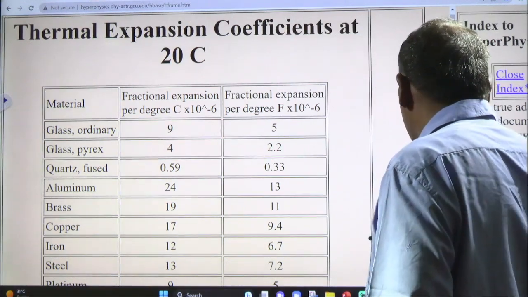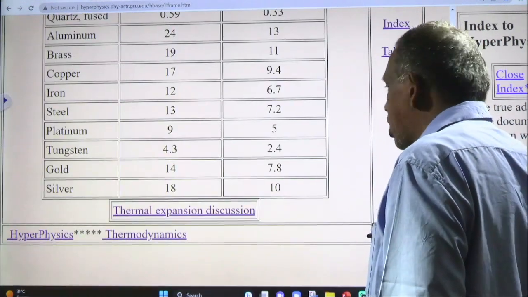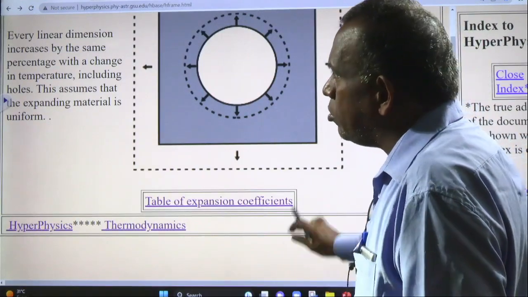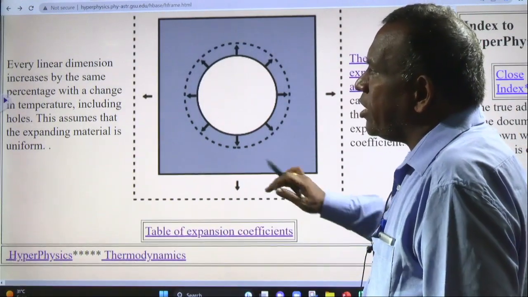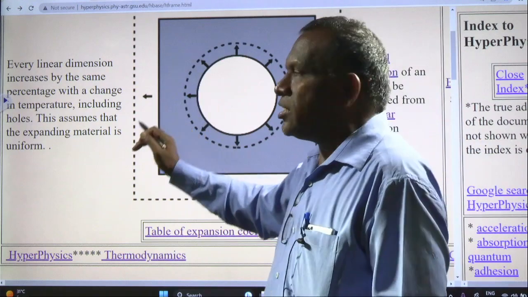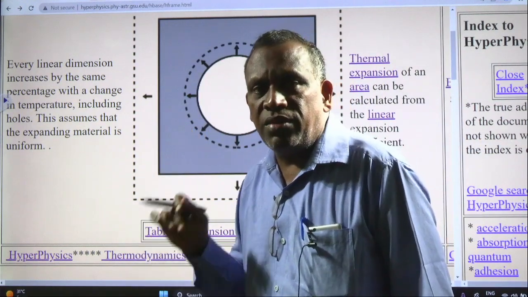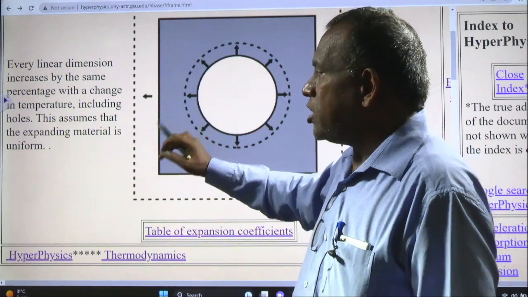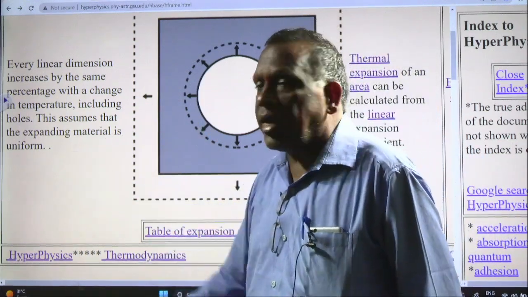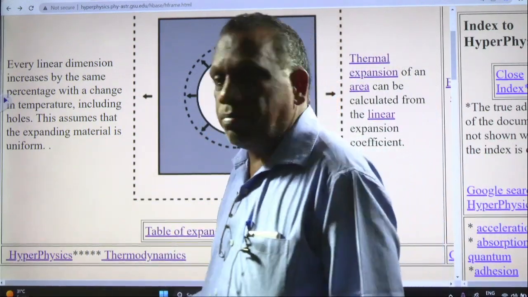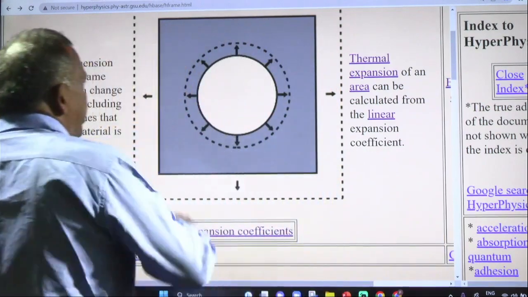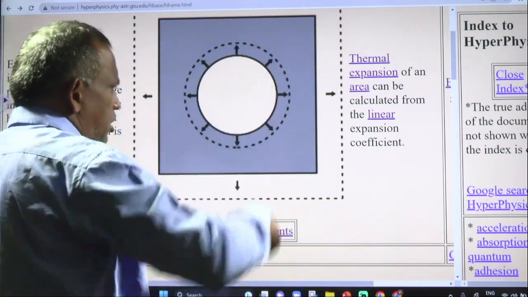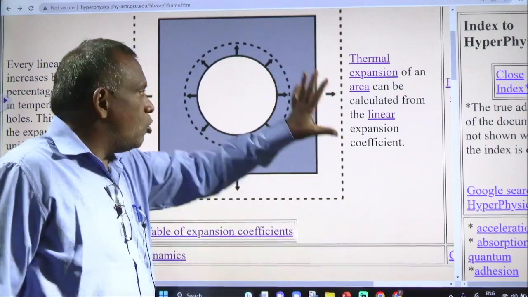So beta is equal to 2 alpha. Every linear dimension increases by the same percentage with the change in temperature. Every linear dimension increases, including holes. This assumes the expanding material is uniform. Let us take a square sheet with a small hole at the